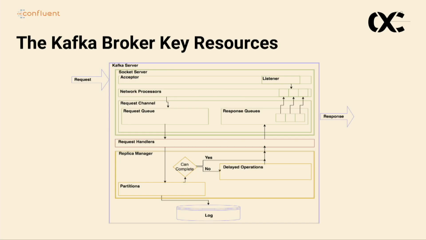This is the very same picture, but broken down in components, okay? Where we see the replica manager, that's actually the manager of the replica threads, what it's doing, if it can complete, delaying the operations, or writing into the partitions, okay? With these two slides that we have seen, we can actually analyze what is happening internally, okay? And if we see no idle or not so many idle I/O threads, we see that the I/O stress is bigger than probably what we resist.